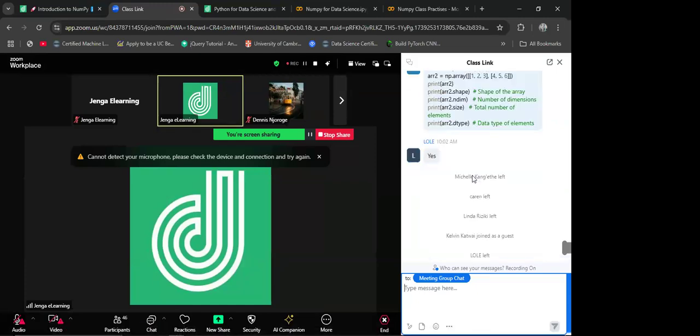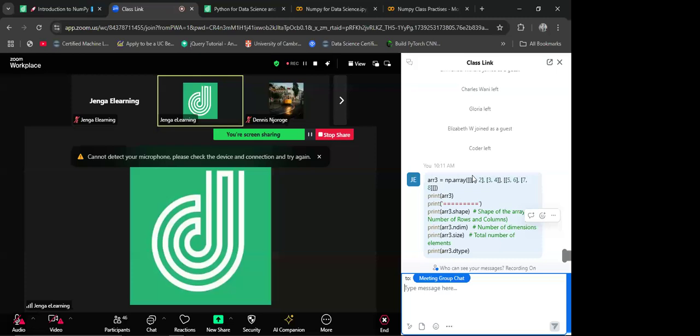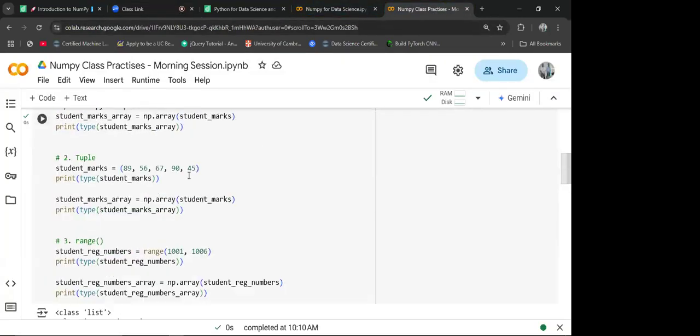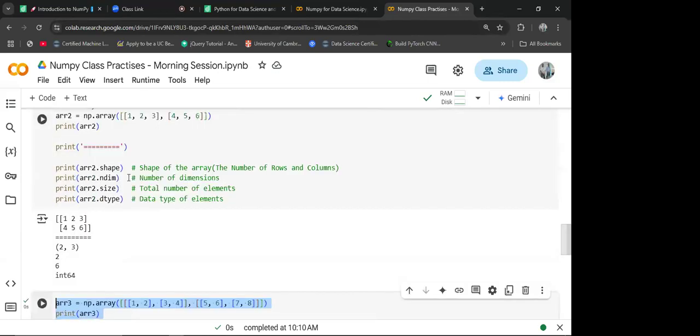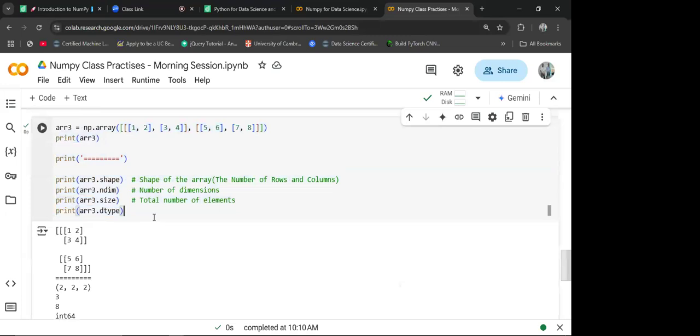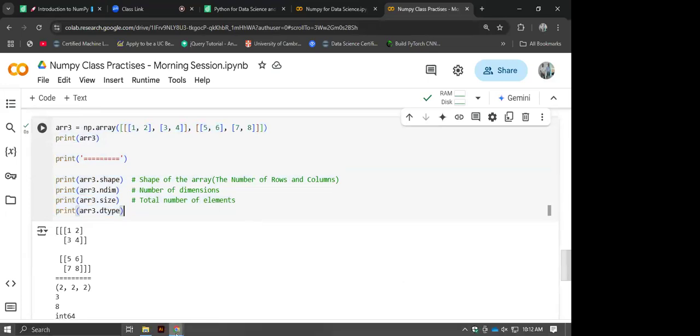So that is a three-dimension array. That is what you call a three-dimension array. So we have a one-dimension array, a two-dimension array, and a three-dimension array. You give me a second, I get for you a piece of code. I want to get you a piece of code that you can actually use